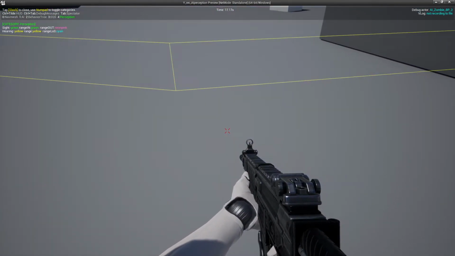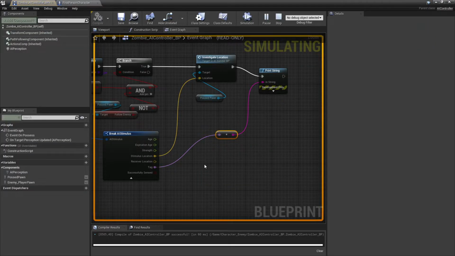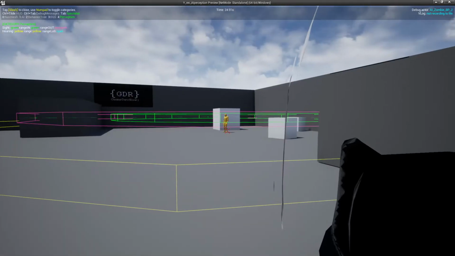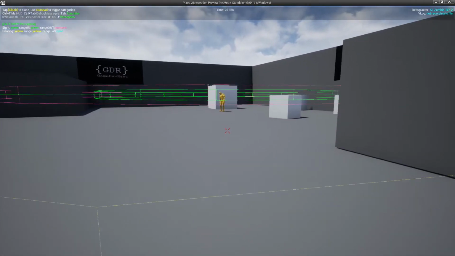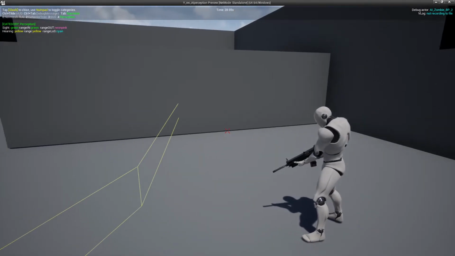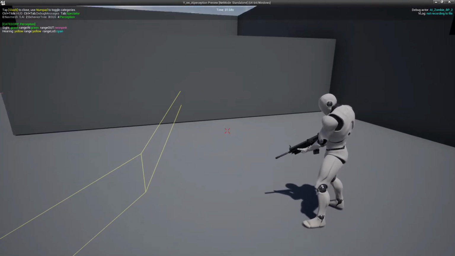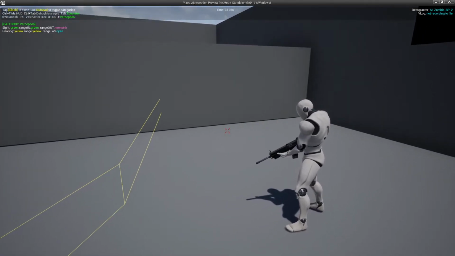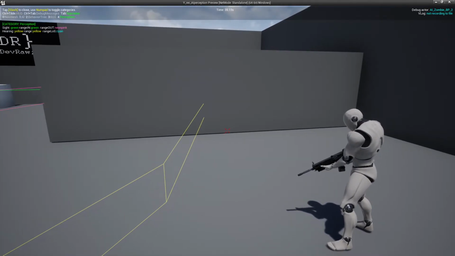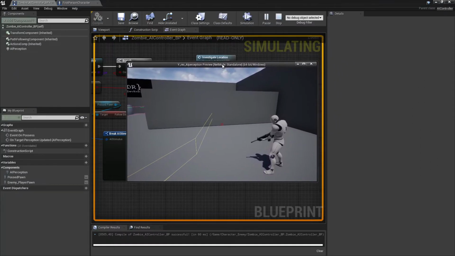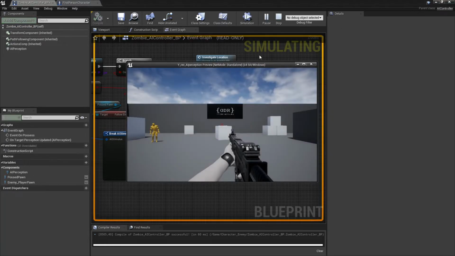So I'm gonna press Ctrl Tab. Oh, come on. Really? That never happened before? I was going to say I'm gonna press Ctrl Tab to enable debug messages, but apparently I ejected my pawn or something. I'm not even sure what happened here. Okay, so I'm just gonna relaunch this,